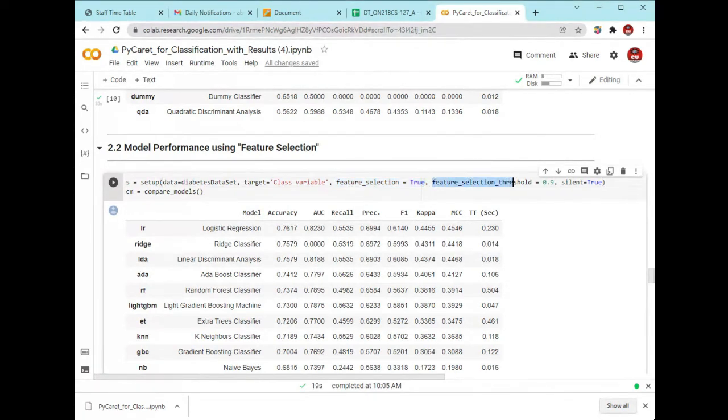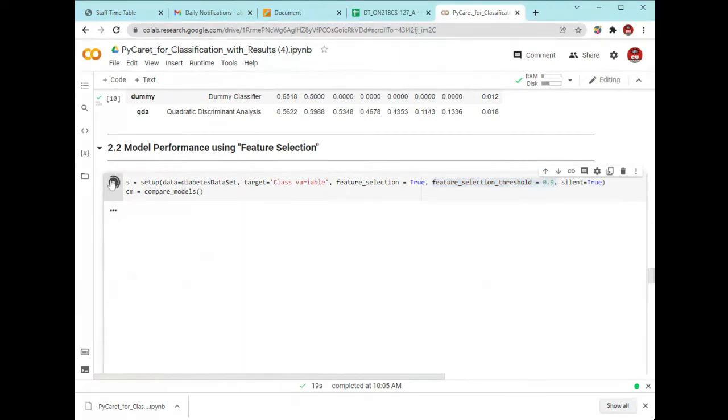And for this feature selection, we have to define some threshold value, at which you will decide whether to choose or drop a particular feature. So we defined a threshold value of 0.9. If the feature value is within this range, then we will select that feature. If it is beyond that range, then we will drop that feature.